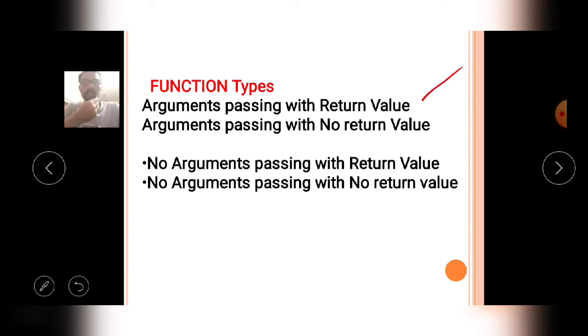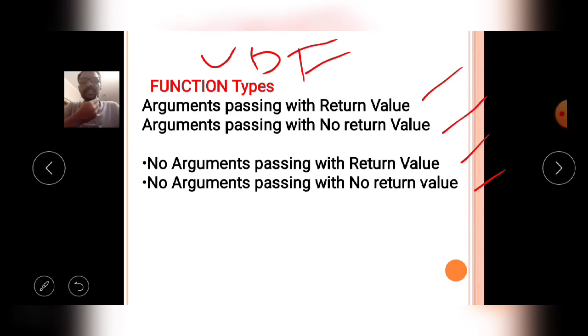Second, argument passing with no return value. Third, no argument passing with return value. Fourth, no argument passing with no return value. Like that, the user defined functions are classified into four types.